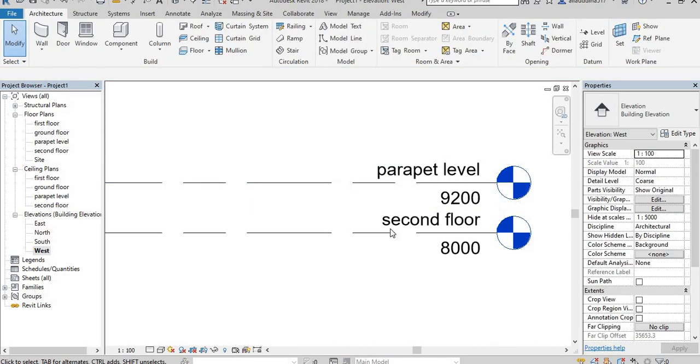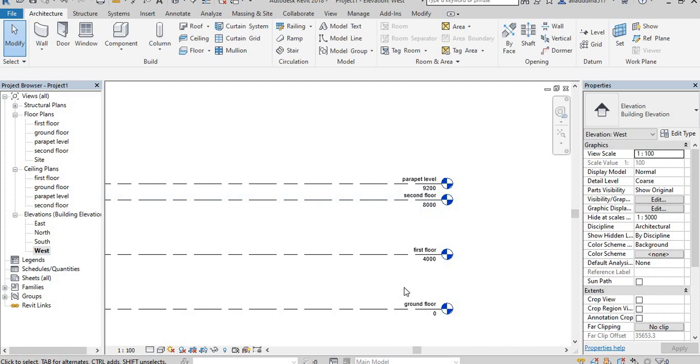So now see here, whatever levels we have given, whatever names we have assigned, that is showing in the floor plan as well as in the